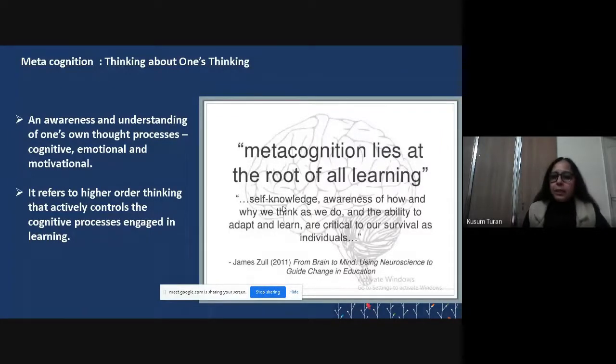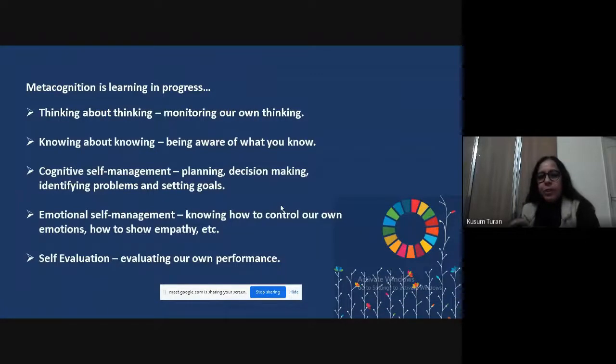We are all teaching our subject. But when you teach a subject, like I said, I teach Word, Excel, PowerPoint. Quite a few years back, I used to teach the features, cut, copy, paste, mail merge, and that's it. But now I have to think of other ways. I have to integrate the learning of those features with global goals, with the issues existing in society, so that we can develop a better society. So how does metacognition help? It's thinking about thinking, knowing about knowing.